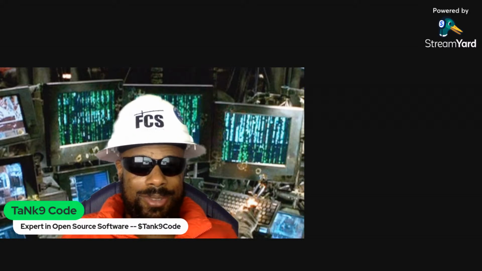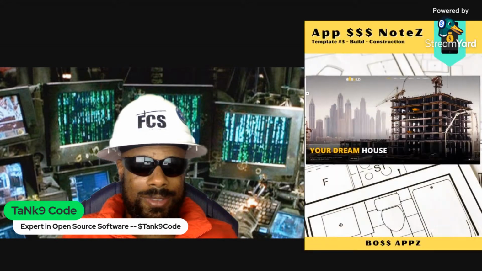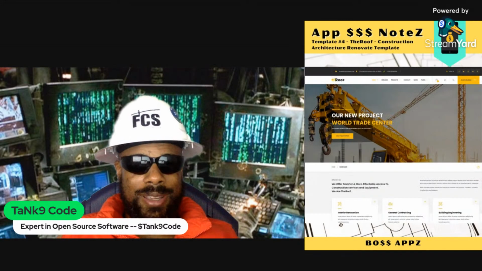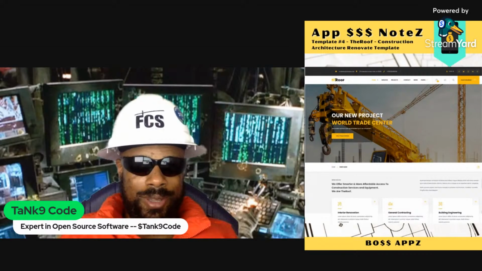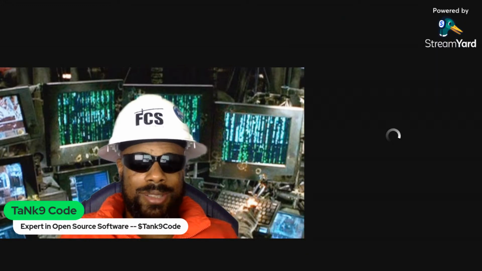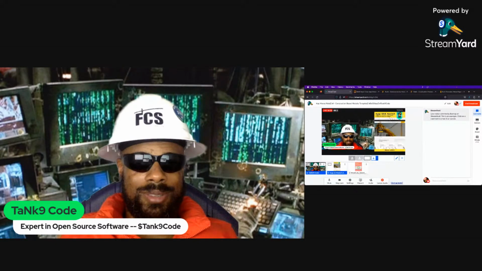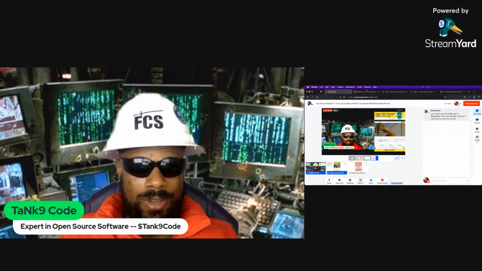Okay, slide 8. This is slide 8. Our new project, World Trade Center. Okay, this is a new project. You can take a look at this layout. I forgot the title.